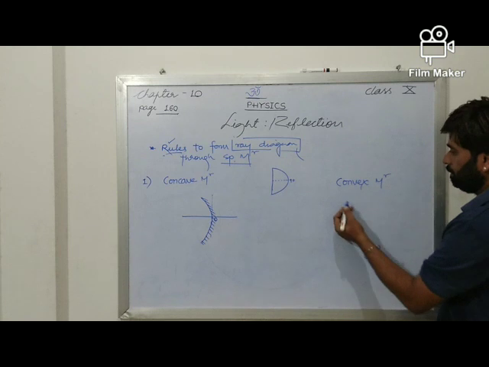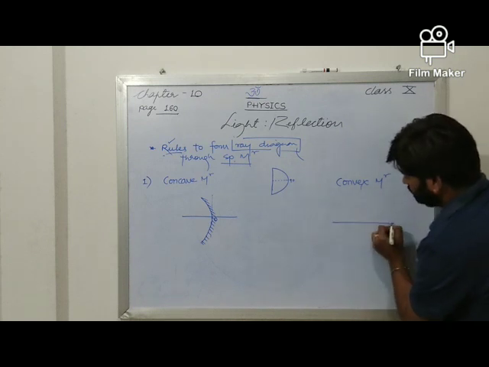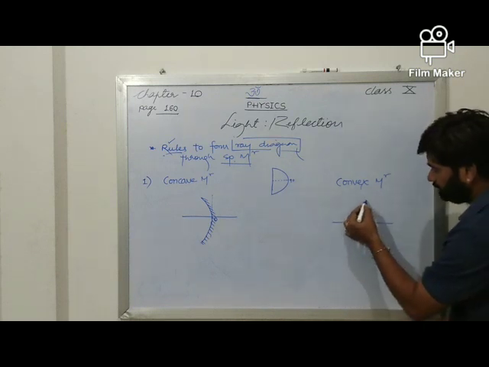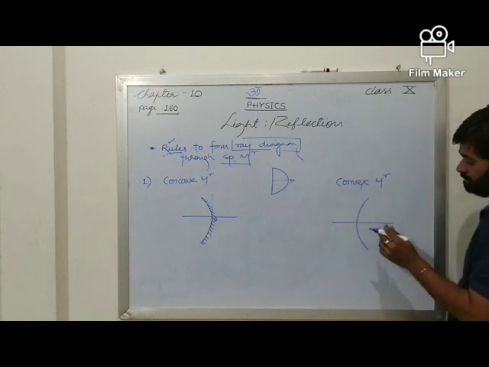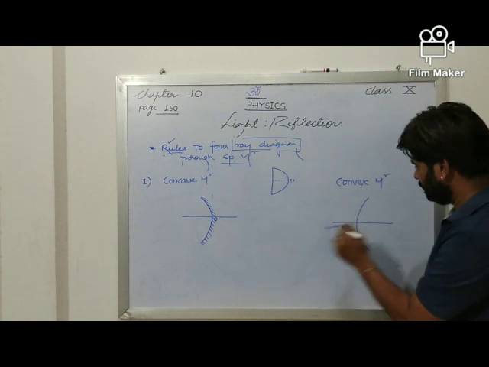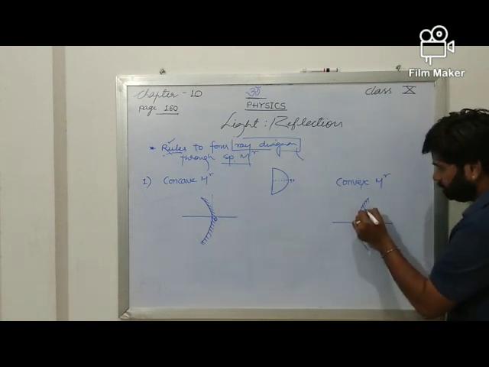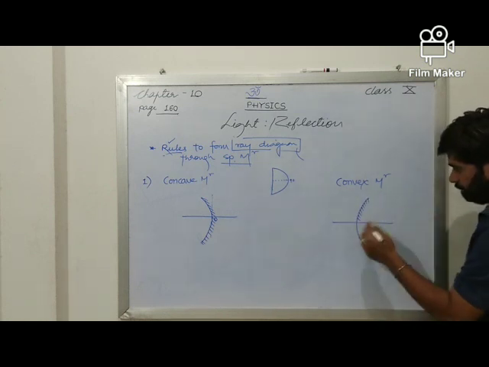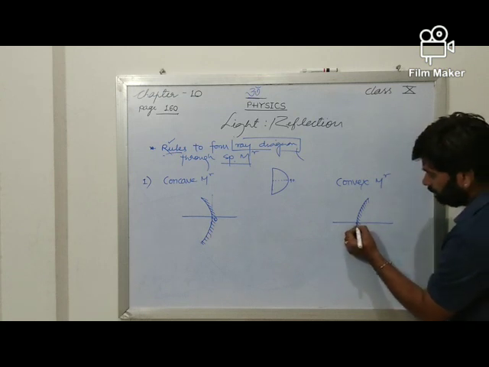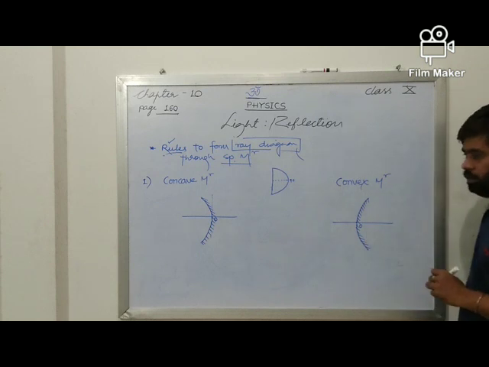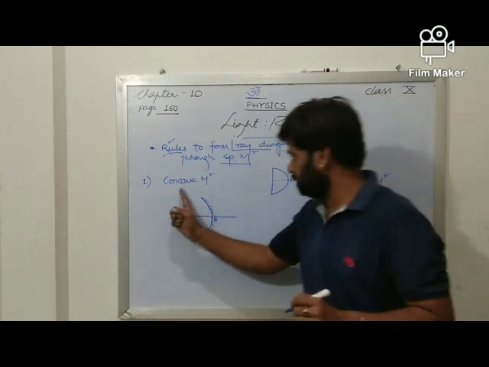Now here there will be convex mirror. So how do we find it? Just reverse it. This will be like this, that is bulging out. That is the back side portion. In both the cases, the right side portion will be the polished one, and that will be the non-reflecting. Again we are going to have the same point, that is point O. This is the convex mirror, and that is the concave mirror.